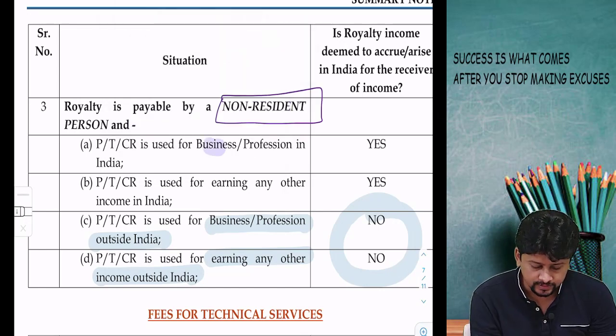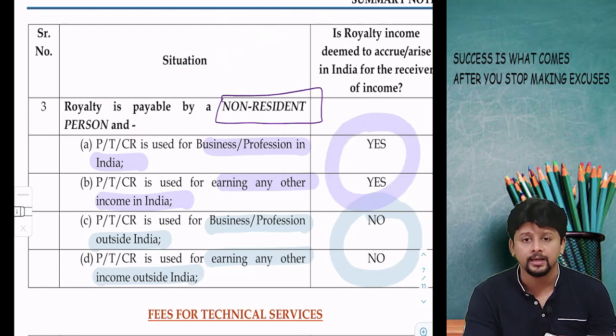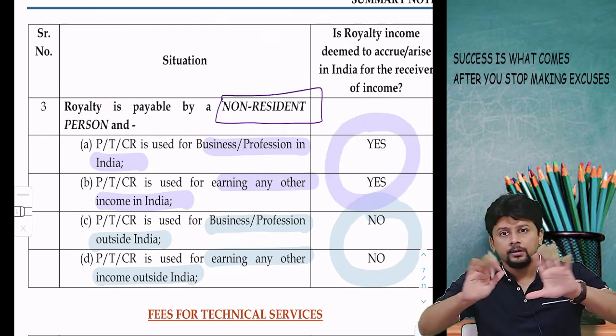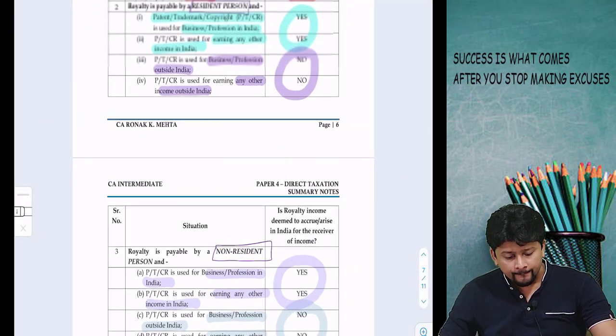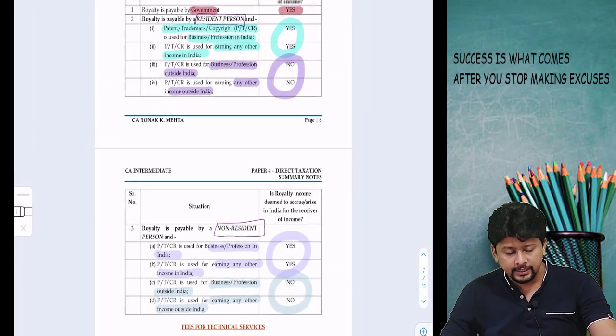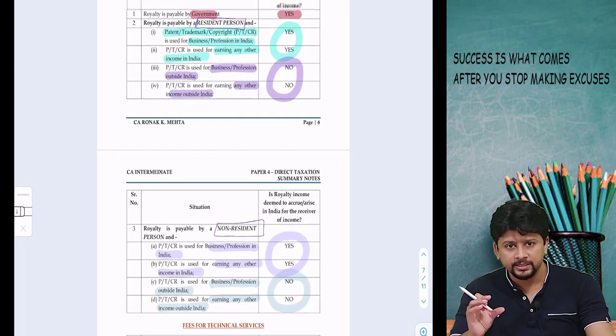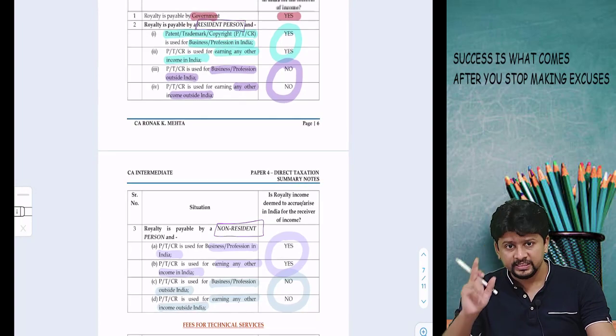But used for business profession in India, any other income in India, section 9 will apply. So here there is no complication, it is very easy to understand. Whether paid by a non-resident, see if you can observe the screen, I know it's a bit small in font, but if you can observe a pattern, whether paid by a resident